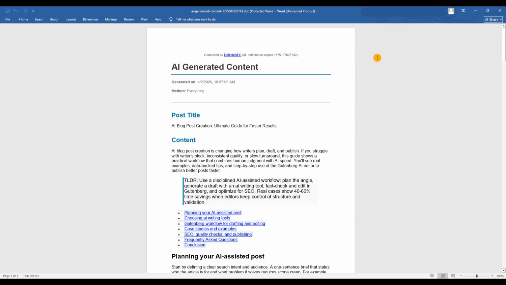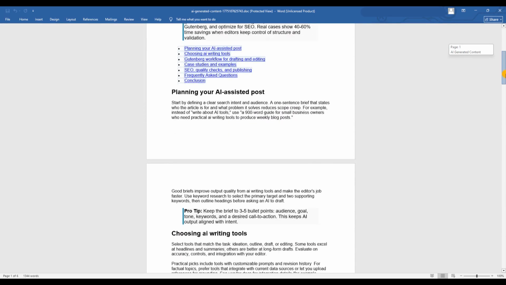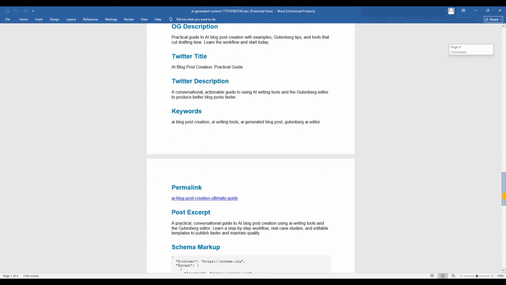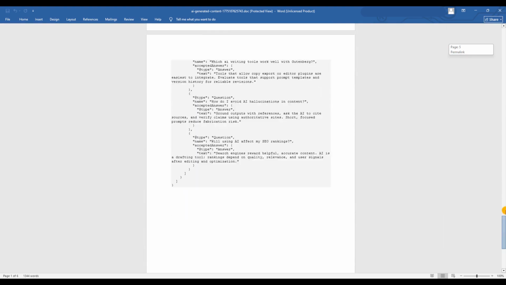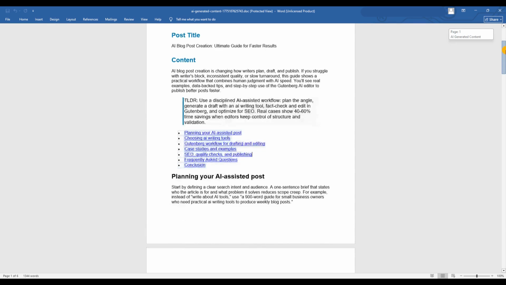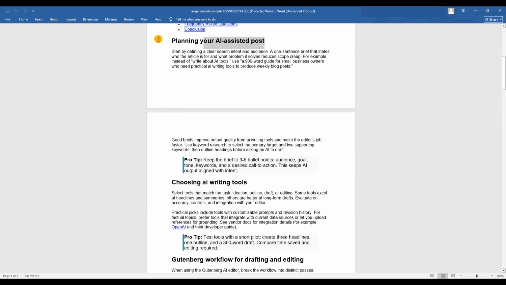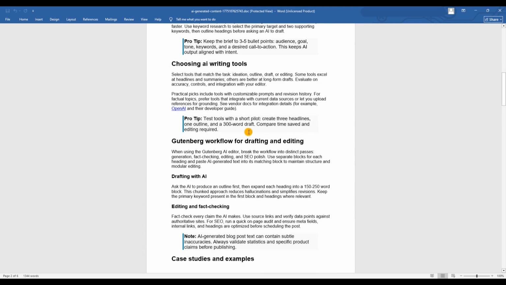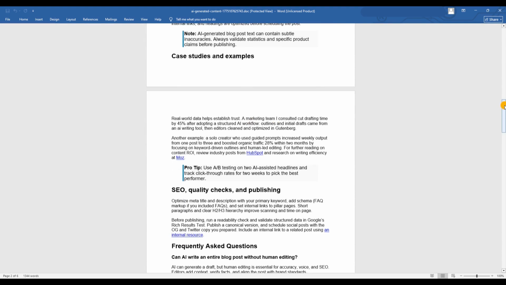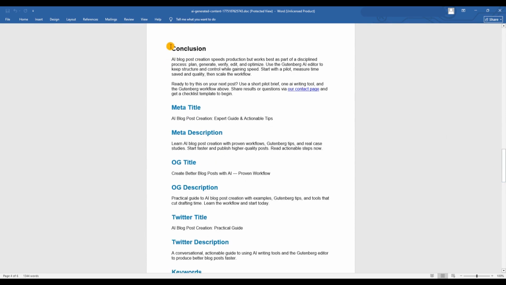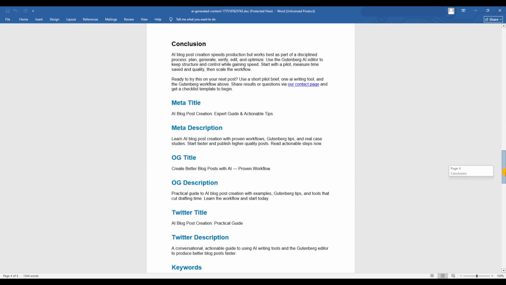Now when I open it, this is what I get, a fully SEO optimized article ready to use, and the best part, I don't need to edit anything. You can see here my content already ready, a proper table of content, well structured headings, everything is clean, organized and ready to read. You can see it includes FAQ section, conclusion section. It's a complete SEO ready blog post.